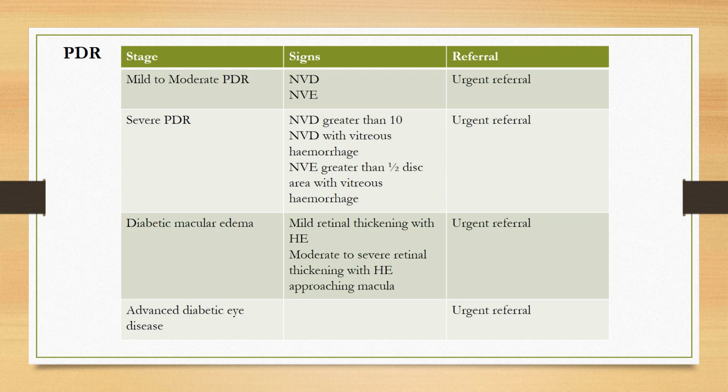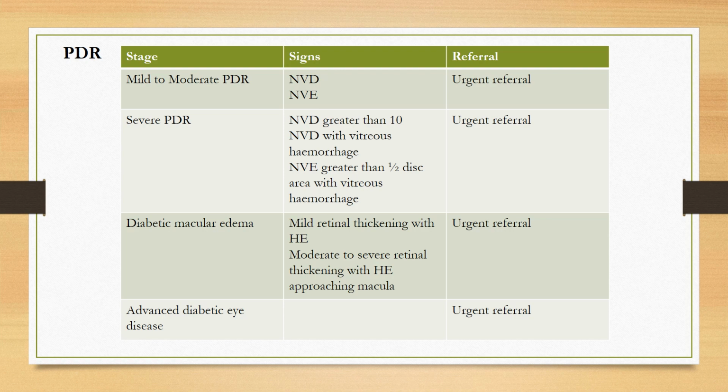Whenever a patient is with NPDR, the patient is a little safe. Whereas if it develops into PDR, and the patient is not referred or not given surgical or appropriate intervention, then they might lose their vision. So next is diabetic macular edema, which we had discussed in the last slide itself.